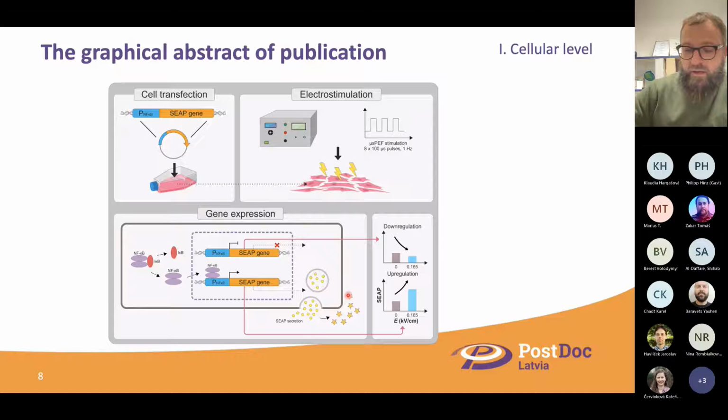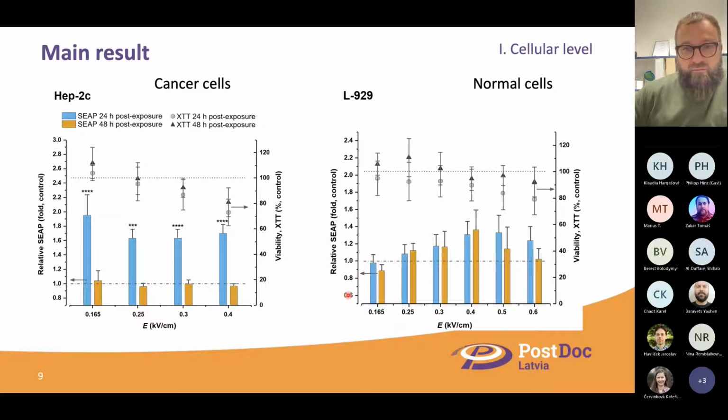It means without the cells. And what we got from this investigation is that it really works. So it means that nuclear factor kappa beta is quite a pleiotropic factor. It reacts to a lot of stimuli, starting from heat, UV light, and other abiotic treatments. So in this research, we show that pulsed electric field acts as an abiotic treatment for cells.